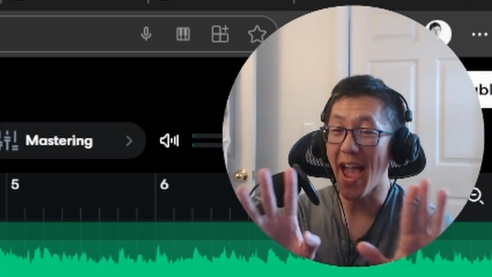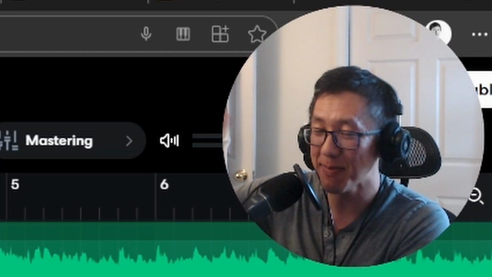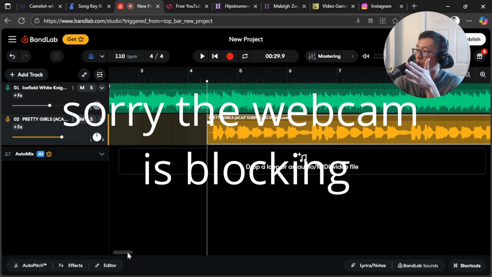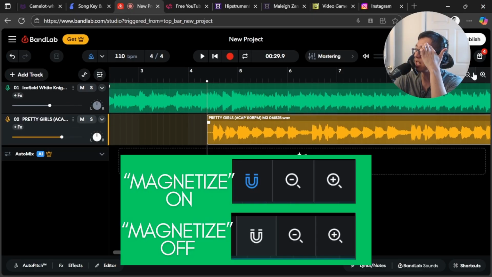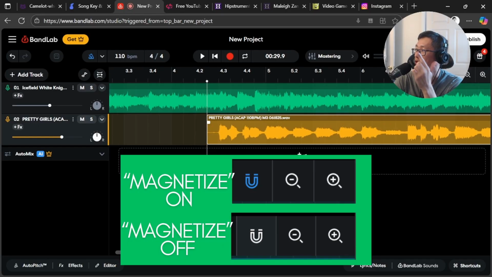Again, you don't have to like either of these songs or the final creation, but the steps to make a mashup are going to be the same for anything. Some things that'll help you with the scrubbing: I'm using the zoom tools, the plus over here. That helps. For some people, turning off this magnet symbol can also help, because what this will do is,